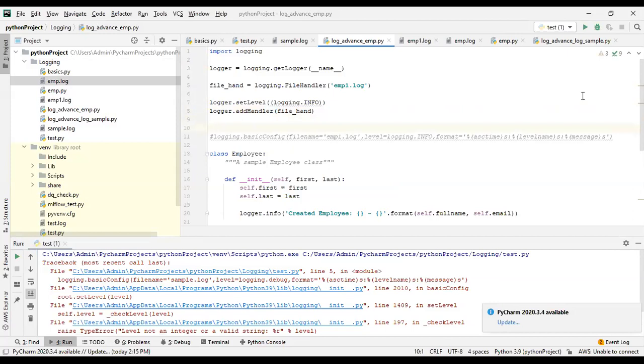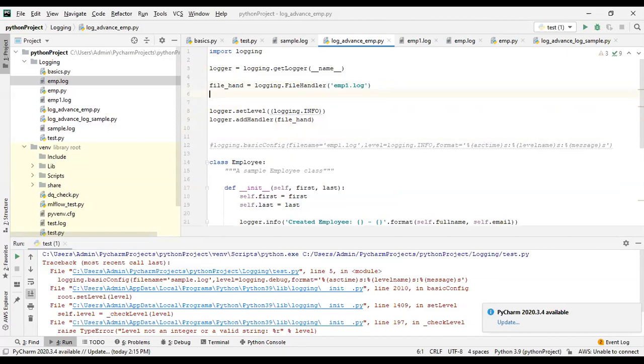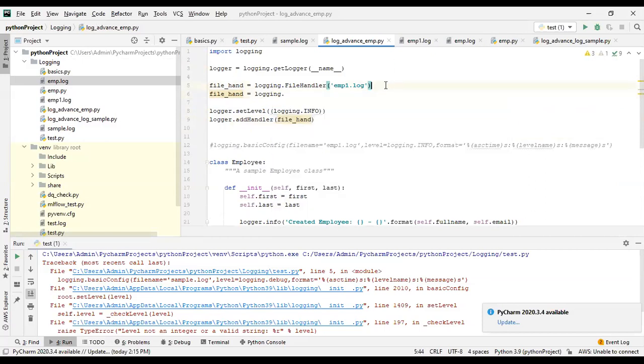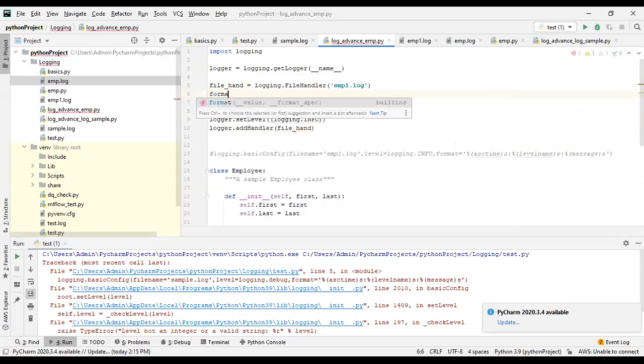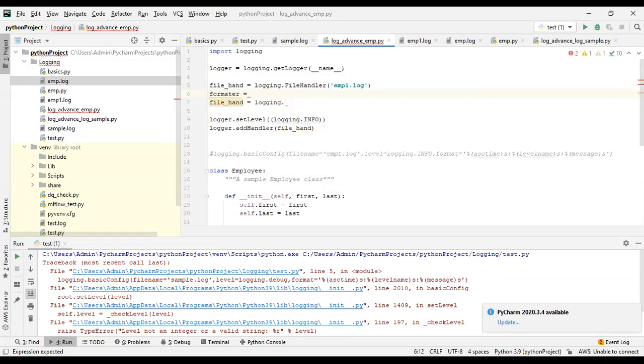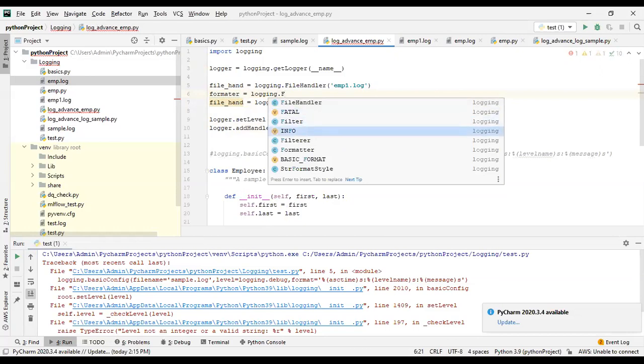Logging info, and then you have to add one more piece of information: set formatter to the file handler as well.